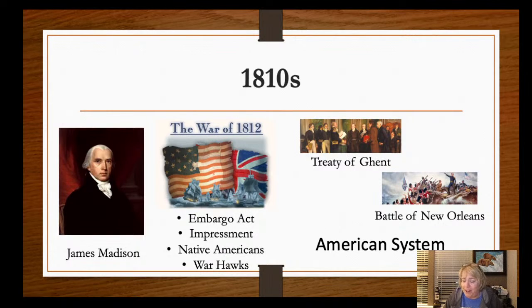The War of 1812 comes to an end with the signing of the Treaty of Ghent. We called the Treaty of Ghent basically a status quo antebellum treaty because what we agreed to, England was tired of fighting. We weren't,